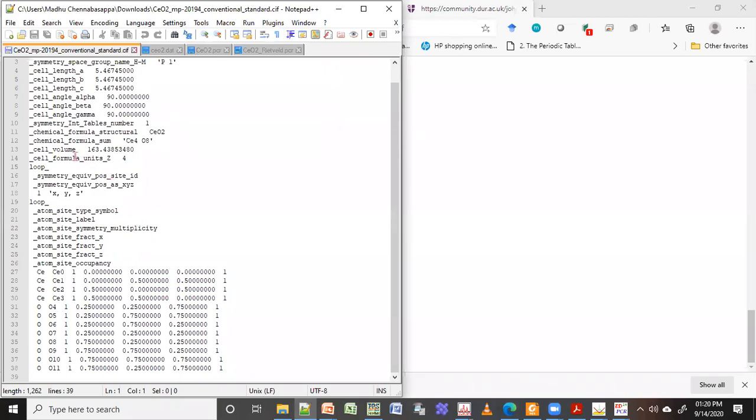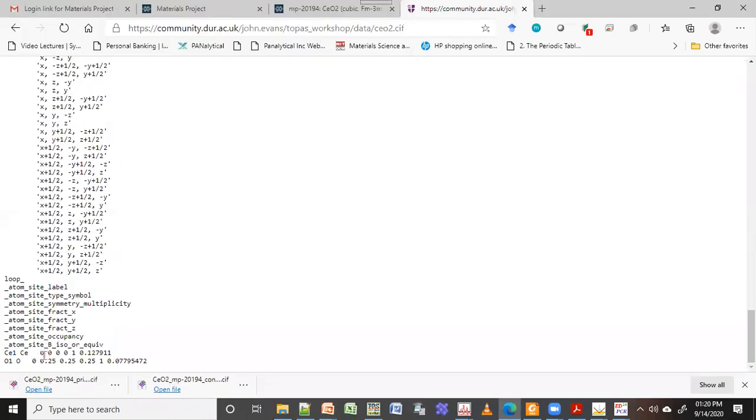This is because it is face centered cubic, so they have given all the possible positions. As Sundarshan sir was explaining, you don't have to give all of them. You can just give one of the coordinates, 0, 0, 0 for cerium, and then Fm-3m will generate all the rest of the coordinates.